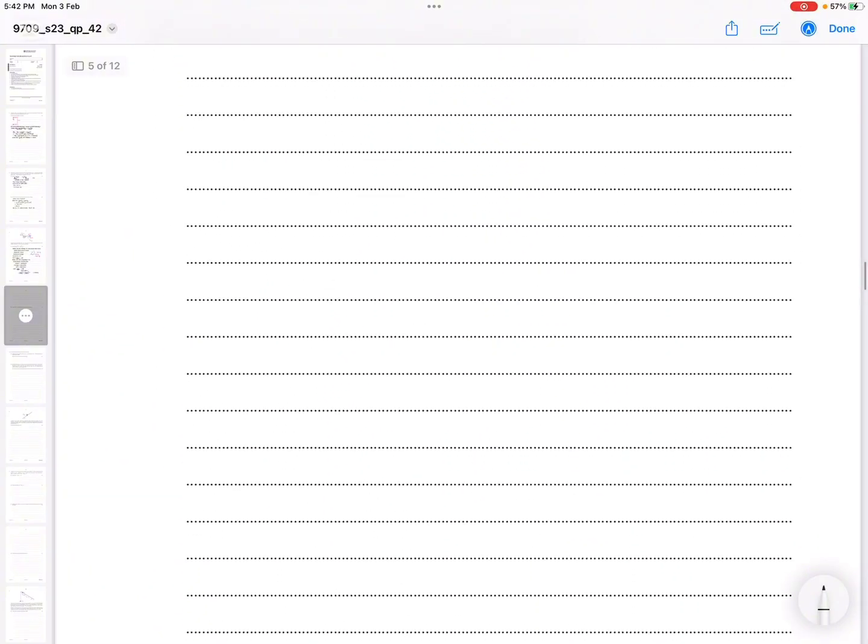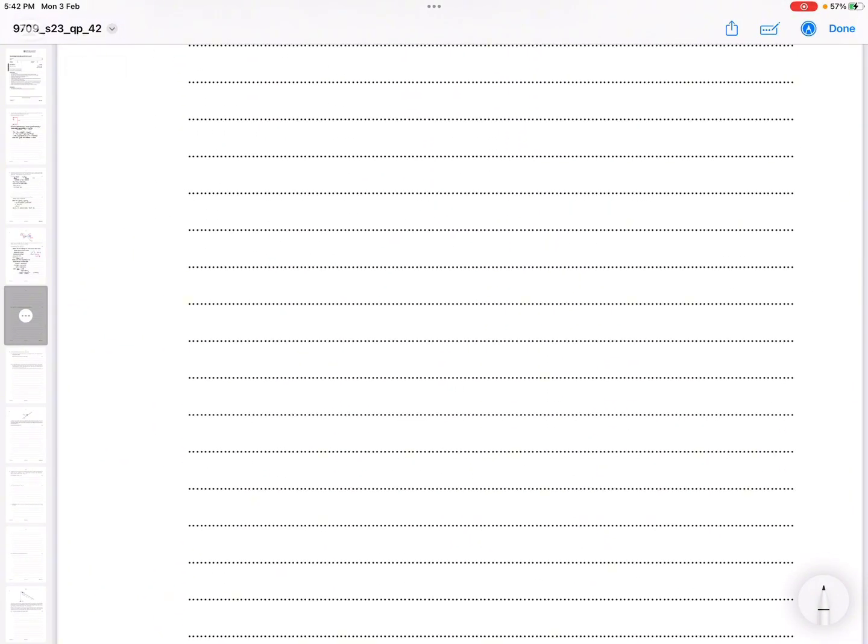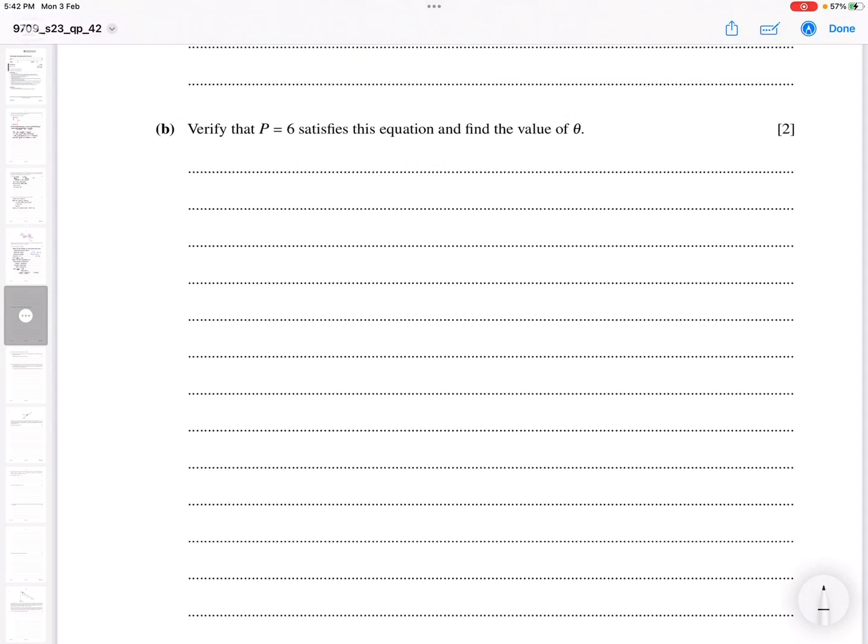Our part B is: verify that P is equal to 6 satisfies this equation and find the value of theta. So